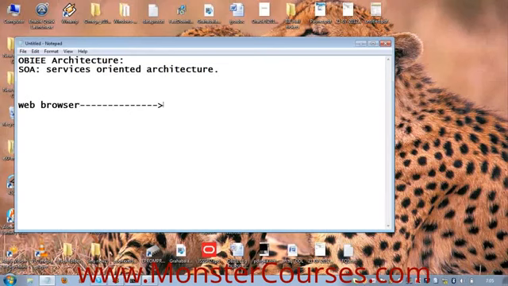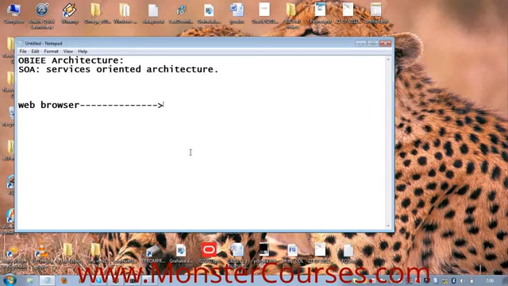A web browser is an application software that will help us to connect to the internet, right? Without a browser, I cannot connect to the internet.